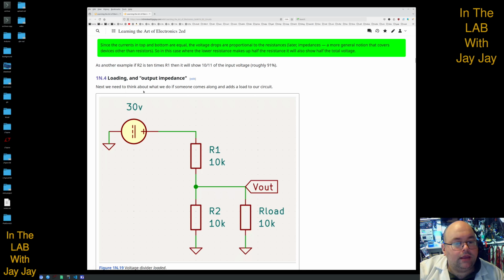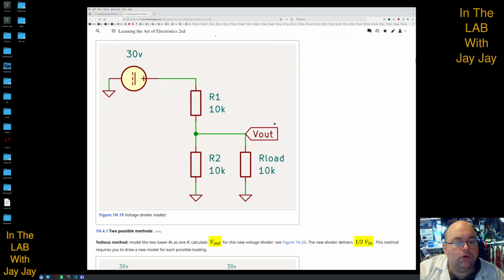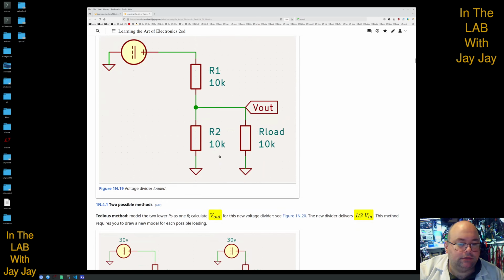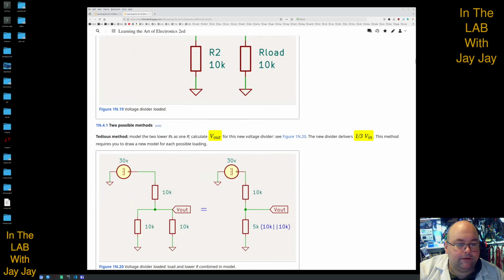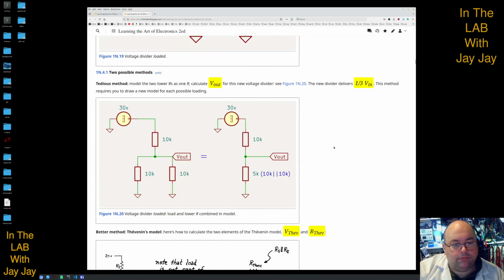So we need to think about what we would do if someone comes along and adds a load here, a 10K load, to our circuit. So this is our circuit over here, and someone attaches a load. We need to power the load with our circuit as a power supplier. Yes. So they suggest two different methods of